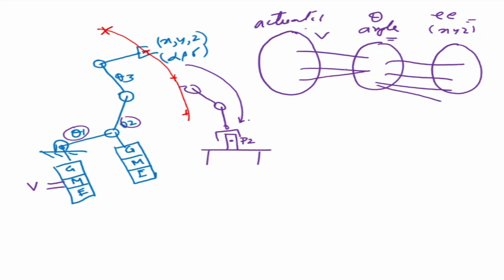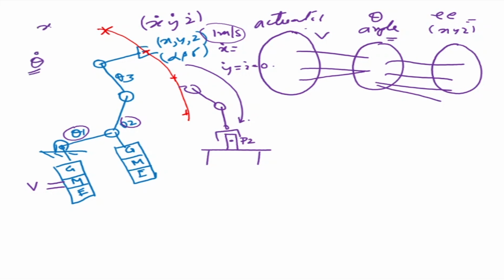Now, what we are interested in is, if I want this end effector to move with a particular velocity, so I say x dot, y dot, and z dot. Say for example 1 meter per second in the x direction, and y and z are equal to 0, just for example. To enforce this 1 meter per second motion in the x direction, I have to actually control the motors. That means I need to control the motor velocities, theta dot.